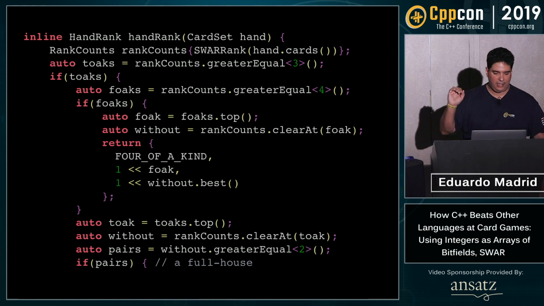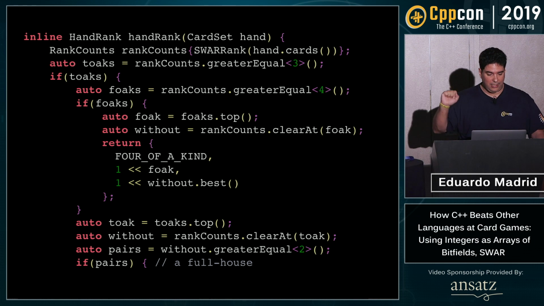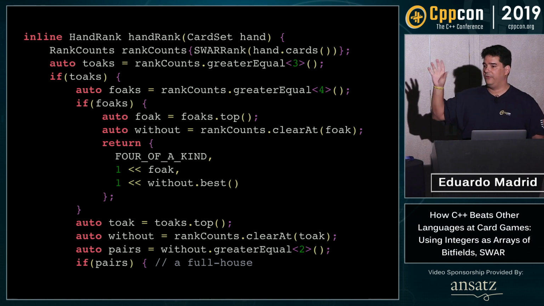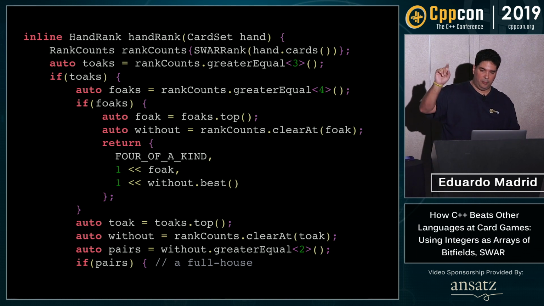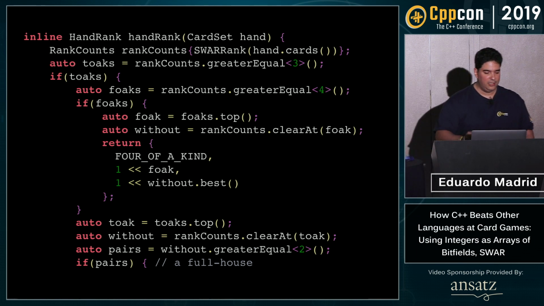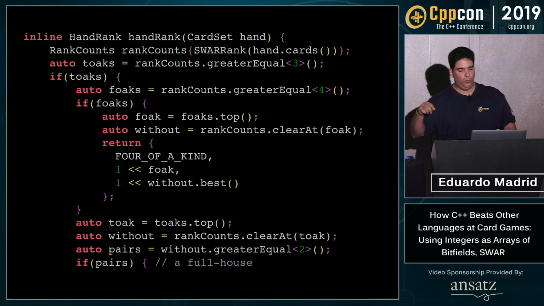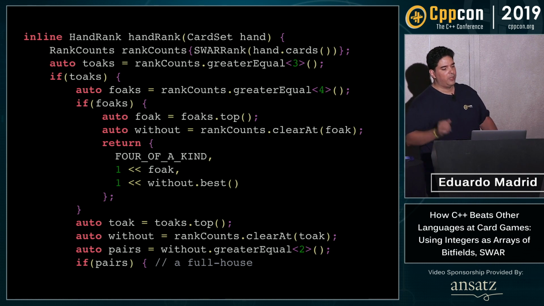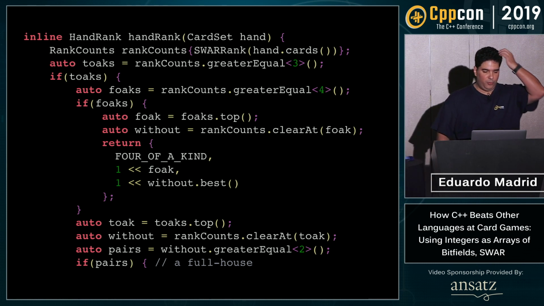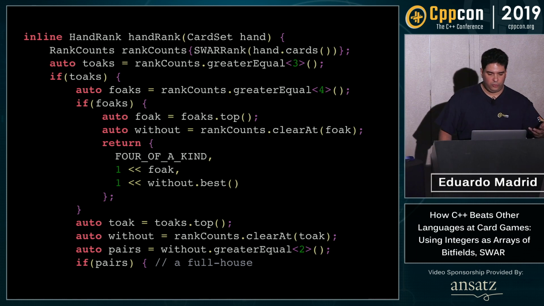Okay, if we put this together, then this is very, very similar to the actual code to classify a hand in PokerBotic. The first thing that we do is to get the number of counts of repetitions of a rank. That is the population count. We will talk about that momentarily. Then to check for 3 of a kind, is to call the wrapper for the operation that we just saw, greater or equal to 3. If the conversion of that Boolean SWAR to a normal Boolean is true, that means that I do have a 3 of a kind,